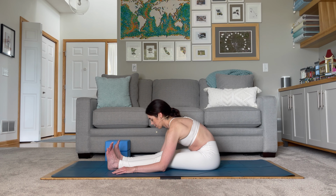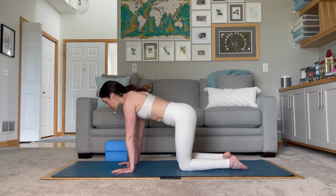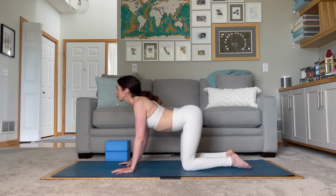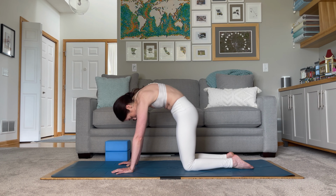You can swing the feet over to the side and we'll come into a tabletop. Since we are in tabletop, let's go ahead and take a moment and use the breath to move through a few cat-cows. Now, these can be any way that you want. You can spiral the hips, move as you're moving through a barrel. You can take a traditional cat-cow,